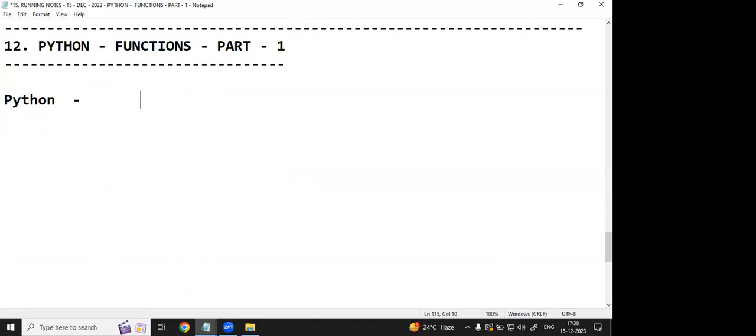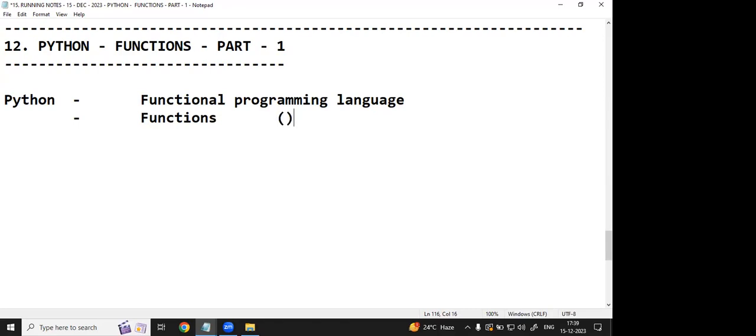In the Python programming language, this is called a functional programming language. You can also call this one language. And the next one is, this is also called functions. Sir, in Python, the topic name is function, only one topic actually. But though it is somewhat of a big topic,